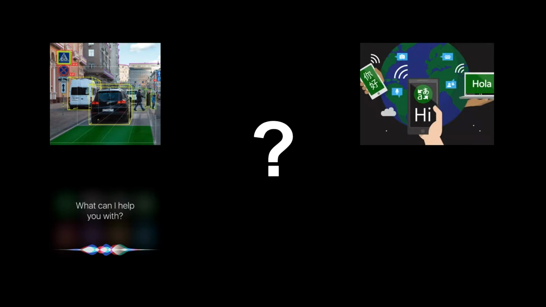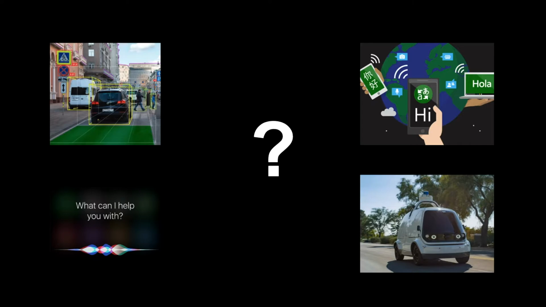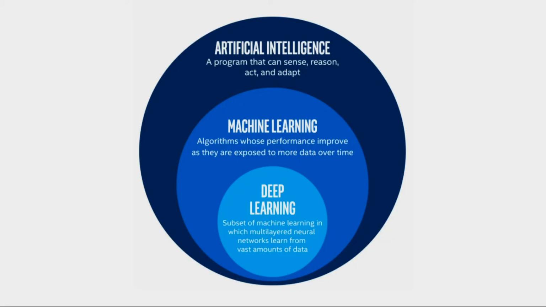So, what is deep learning? We all know that deep learning is an artificial intelligence technology that enables computer vision, speech recognition in mobile phones, machine translation, driverless cars, and other applications. But indeed, it's a subfield of machine learning that focuses on deep neural network models. Therefore, it's important to understand first what machine learning is, and second, what a neural network is.